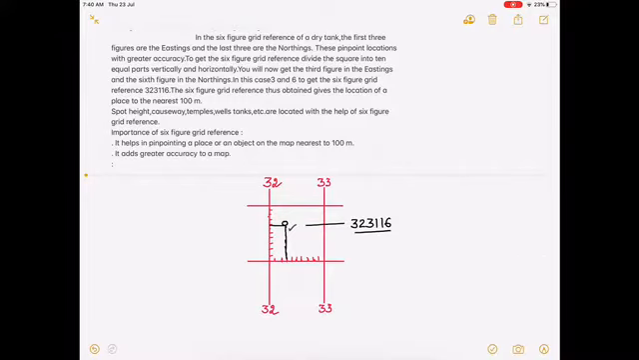To get the six-figure grid reference, children, divide the squares into 10 equal parts vertically and horizontally. You will get to know the third figure in the eastings and the sixth figure in the northings. In this case, for example, if I want to know the six figure reference of this dry tank symbol,